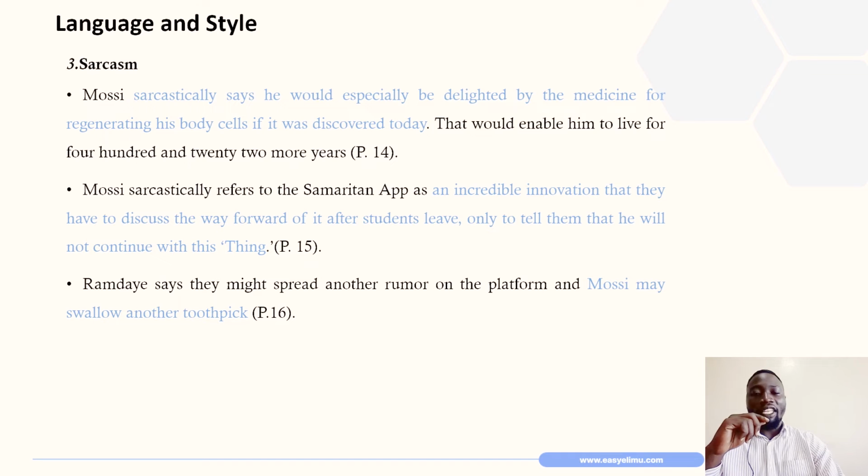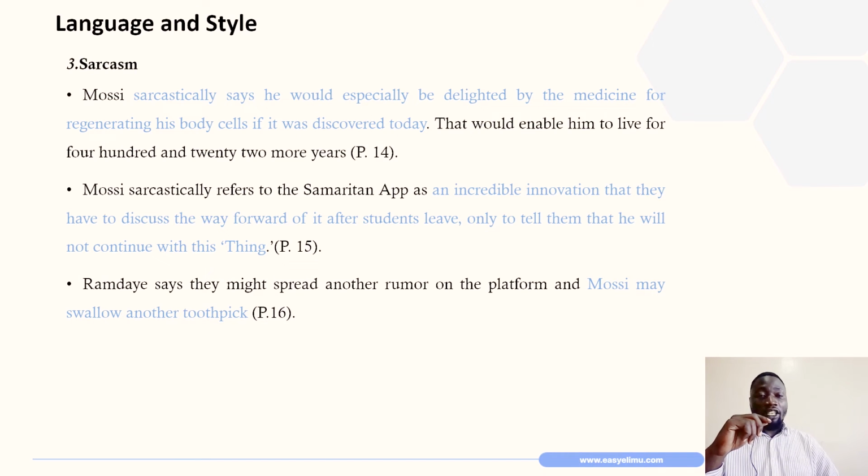So that would enable him to live for 422 more years. Mosi also sarcastically refers to the Samaritan Act as an incredible innovation that they have to discuss the way forward of after students leave, only to tell them that he will not continue with this thing. So the deputy mayor, that is Ramdai, says they might spread another rumor on the platform and Mosi may swallow